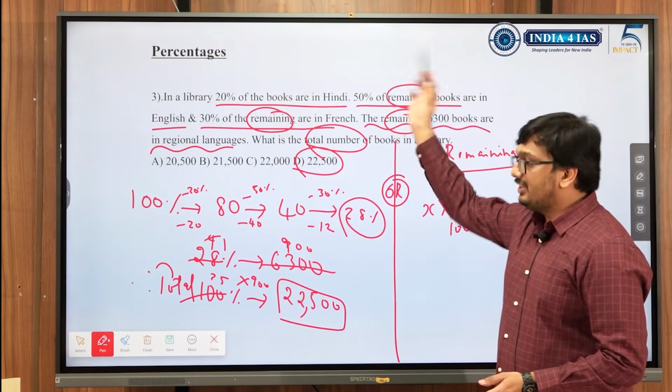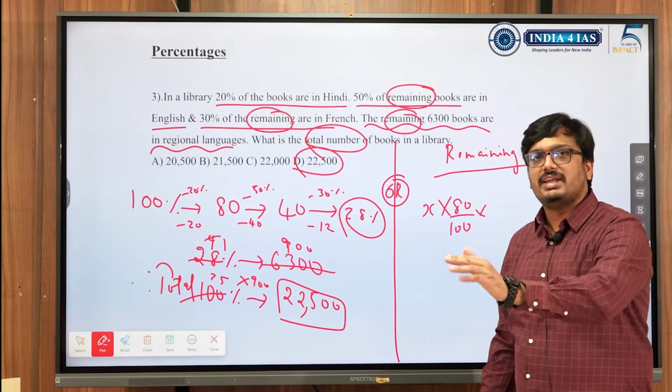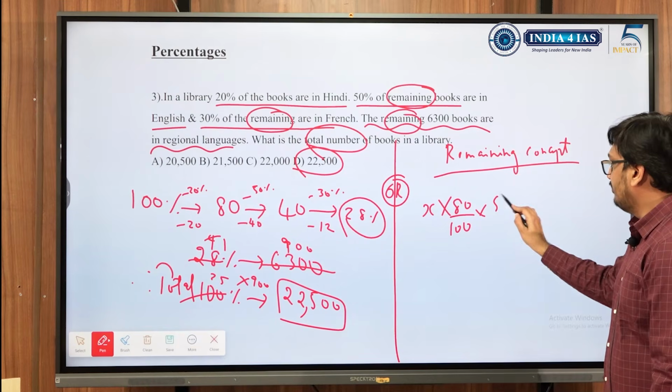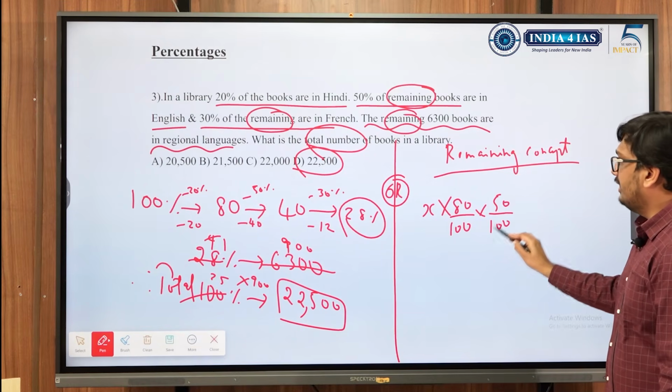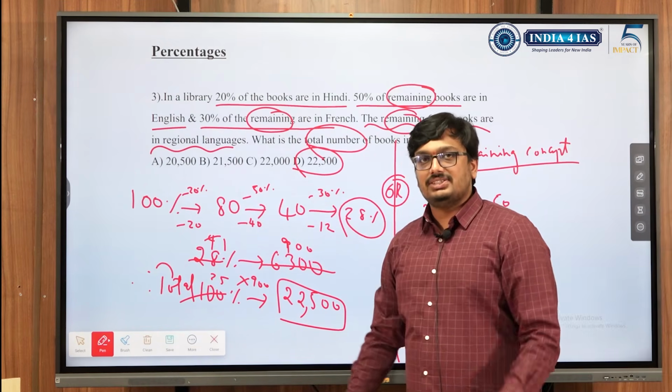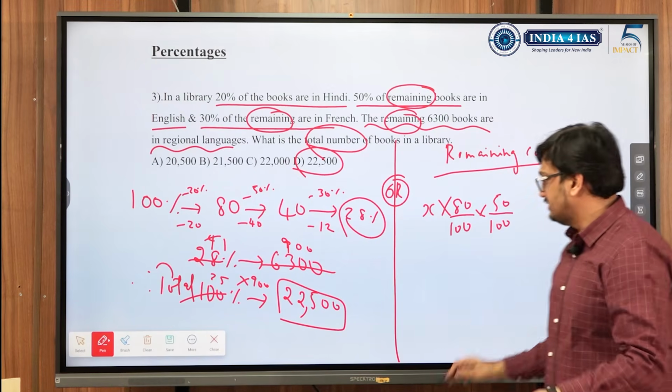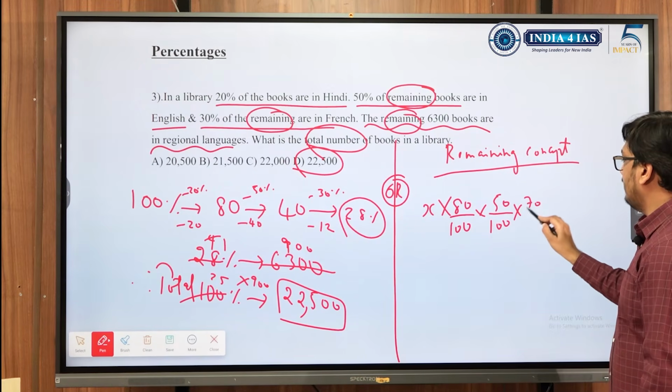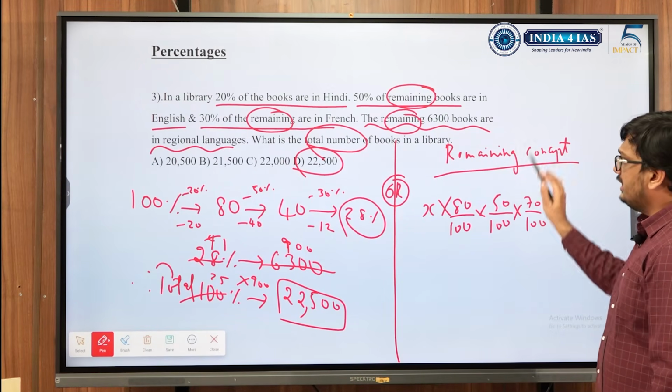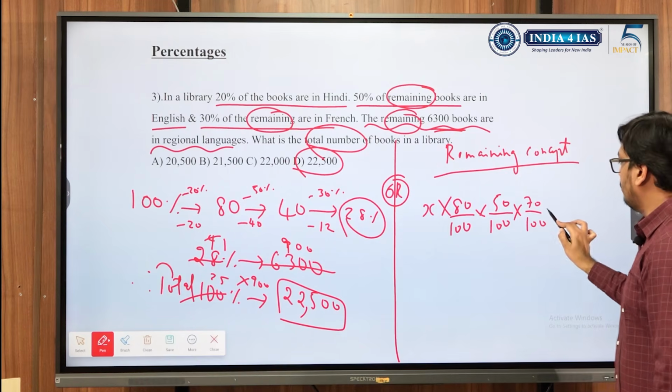Then 50 percent. Just write the remaining 50 percent only. That is 50 percent, which means 50 by 100. For 30 percent, the remaining is 100 minus 30. That is 70 percent, 70 by 100. After all these deductions, the left out books is